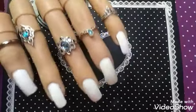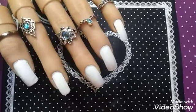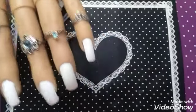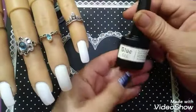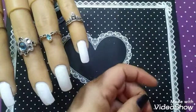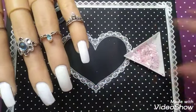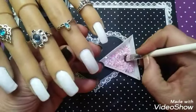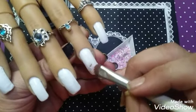So we have got our digits here. We have got some competition nails that I cut down with some white P&D gel polish. Index and ring finger I have on here the gel glue because I'm going to be putting some glitter on the nails. So I'm going to dive right in, get this mani started,